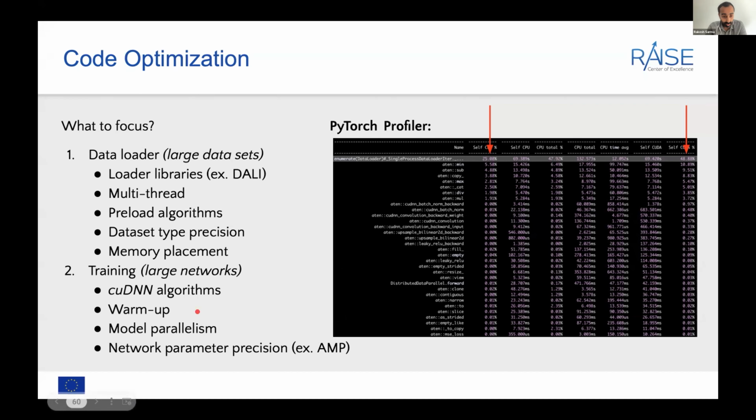Then looking at warm-up, for example, starting with a lower learning rate at the start of the training. Then model parallelism is something which we have not yet done, but it is something we would like to explore. At this point, our models are not big, but we are going to explore this at some point, and then looking at network mixed precision, as I already mentioned.